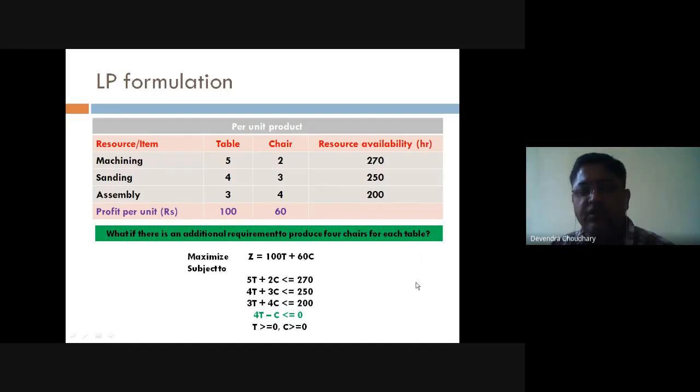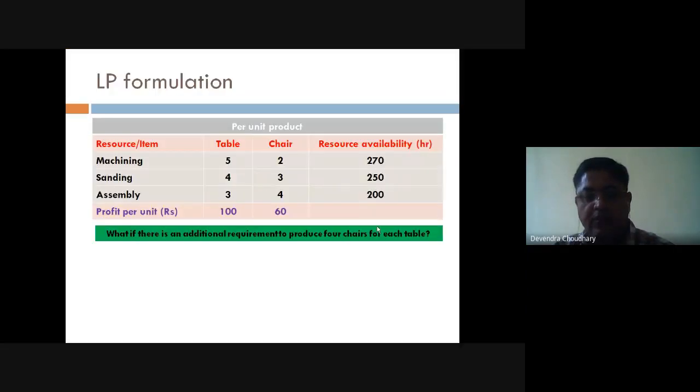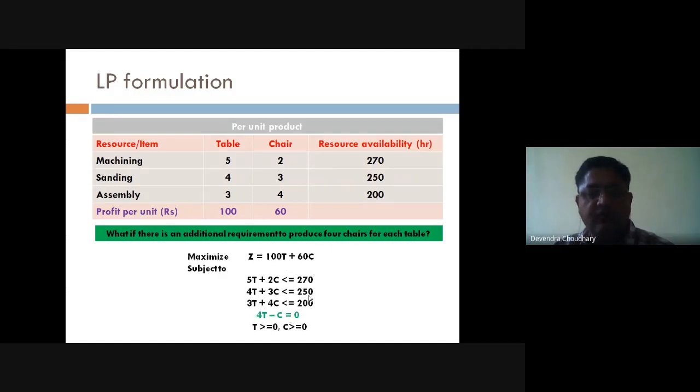When we rearrange it, we get 4T minus C, and it should be equal to 0. Here you need to change this; it should be equal to 0. Now this is the complete formulation, including this additional constraint.